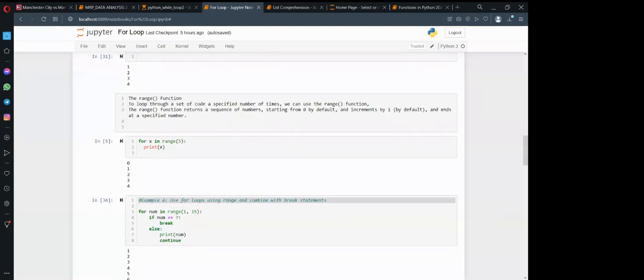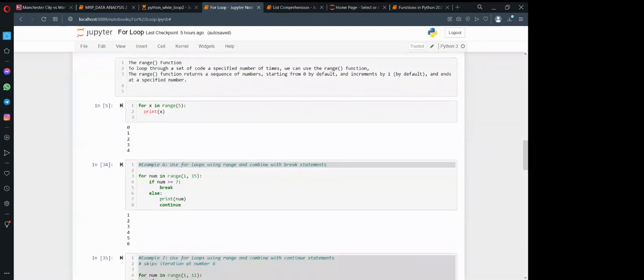Using the for statement, you can also use range. The range will help you return a sequence of numbers, starting from 0, which is the default, incrementing by 1, and ending at a specified number.